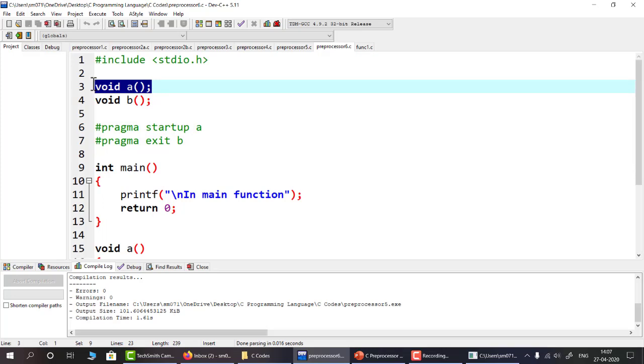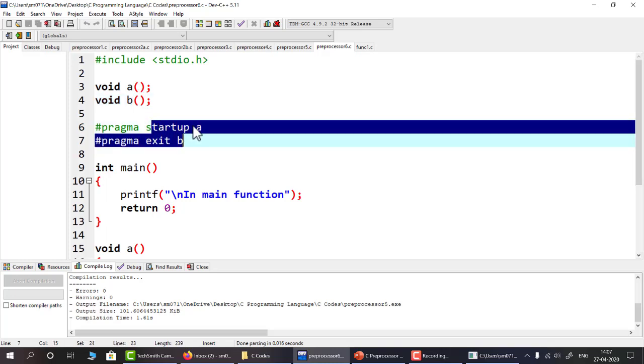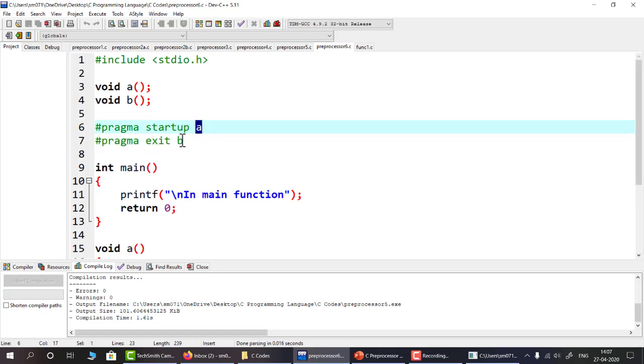A function's return type is void and it is not taking any input argument. Similarly, B function is not taking any input argument and its return type is void. Remember, to use this Pragma, the functions here, A and B, are the function names. The functions should not take any input argument and should not return any value.